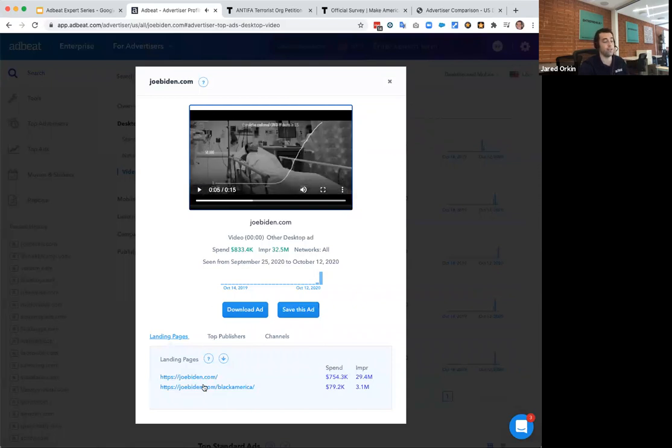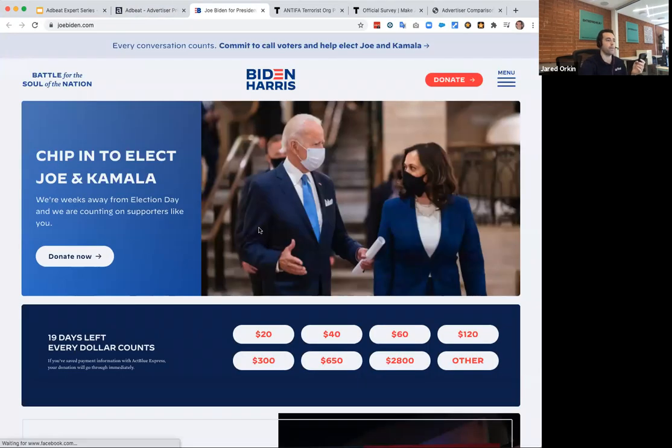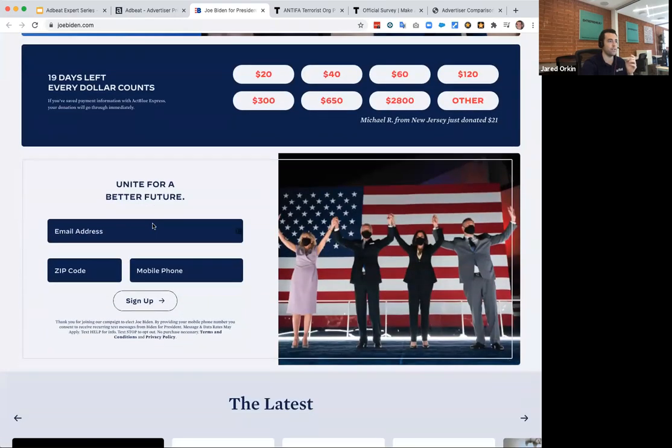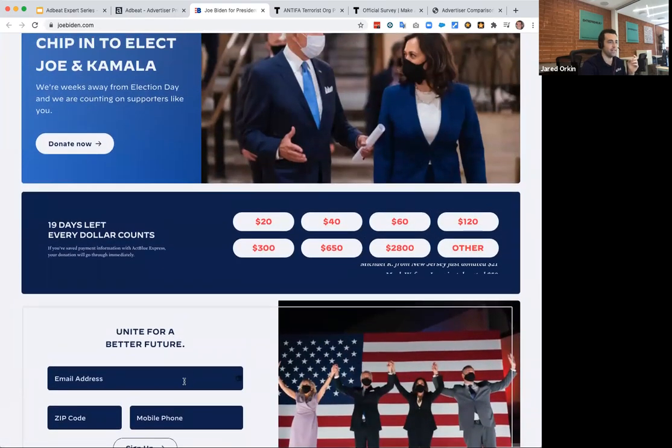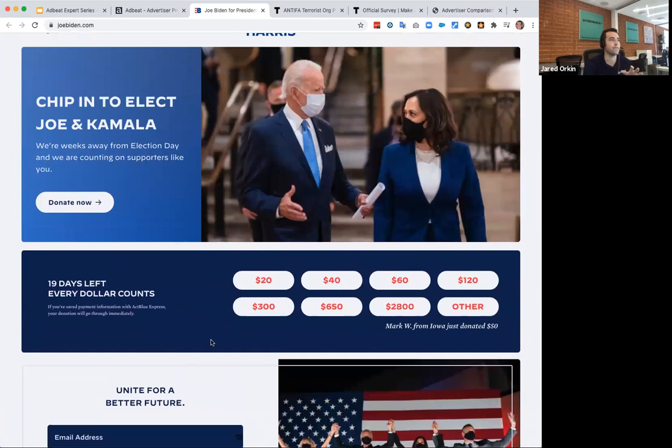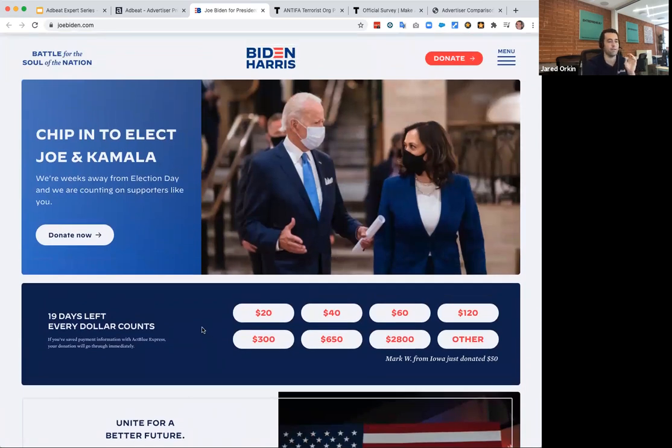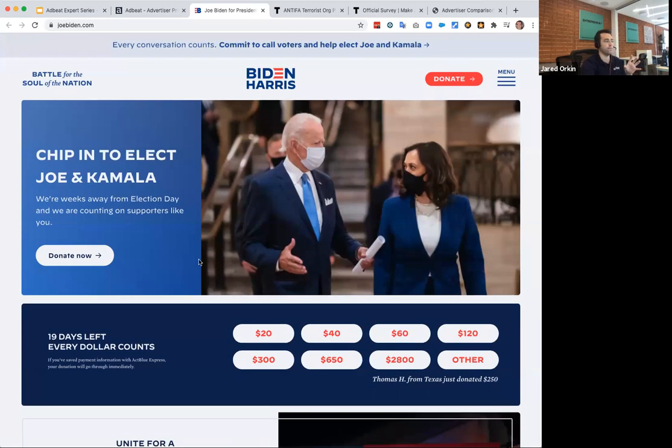You can see the landing pages he's sending traffic to, totally different in this case. You can see he's literally directing traffic to joebiden.com, which is his strategy. He's asking for a donation immediately. I don't see, so here's the lead form here. It's almost hidden in a way. Totally different strategy than Trump, where Trump has the lead form and his image on the right-hand side. So you can get an idea of the differences here